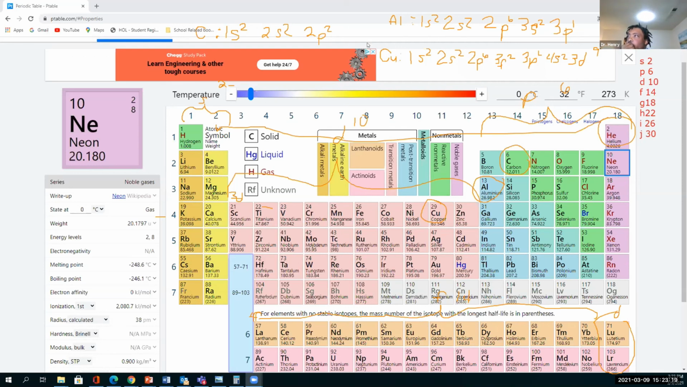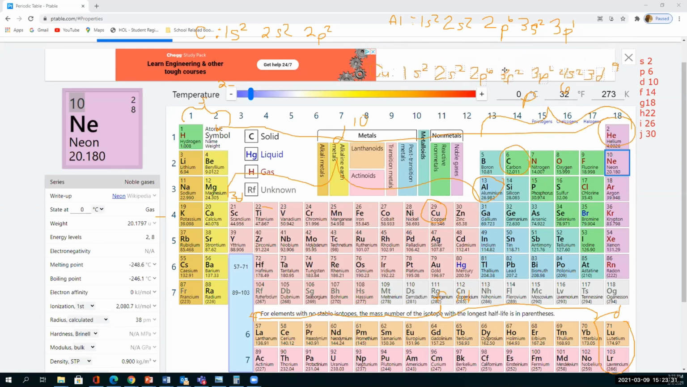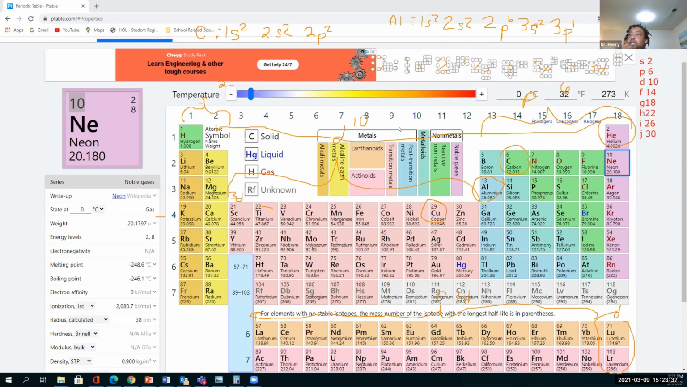So let me show you, we'll start with aluminum first. Dr. Henry, I have a quick question. Yep. So I just got a little bit confused there when you went 4s2. Wouldn't it just be 4d9? For when we went 4s2, oh, no, it would be,